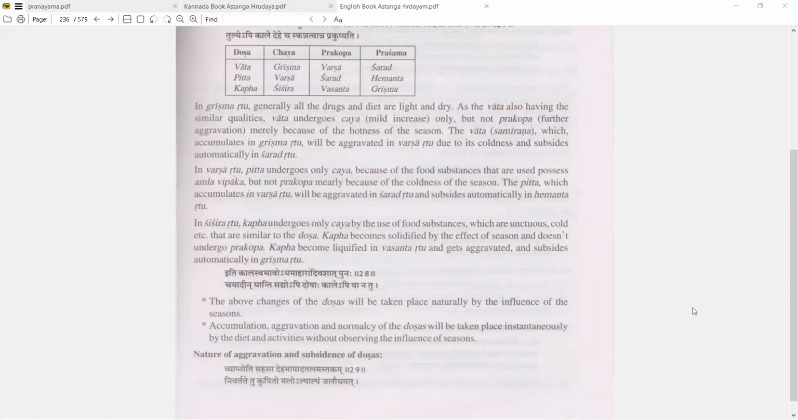The above changes of the doshas take place naturally by the influence of the seasons. Accumulation, aggravation, and normalcy of the dosha can also take place instantaneously by the diet and activities, without observing the influence of season. Nature of aggravation and subsidence of